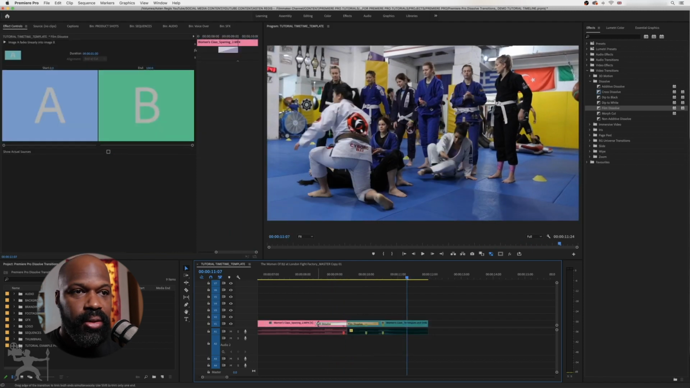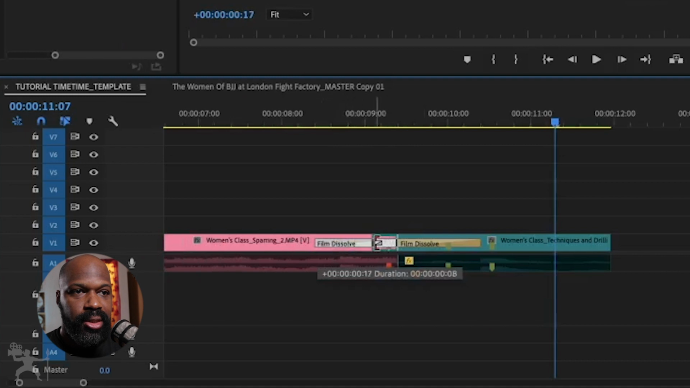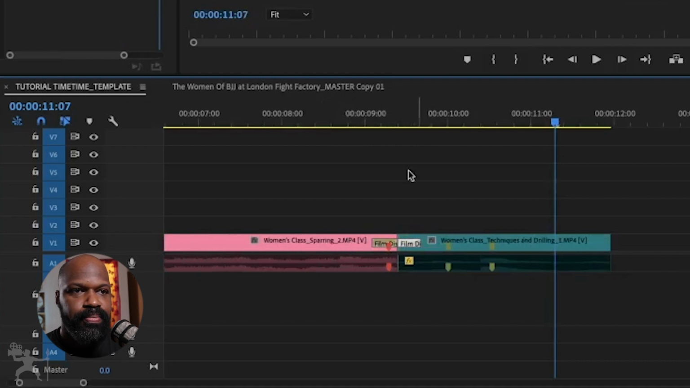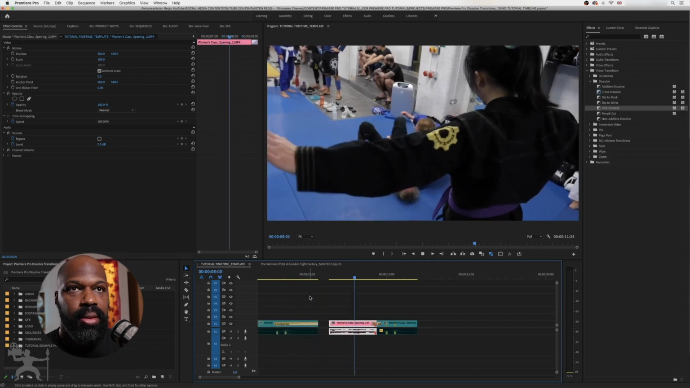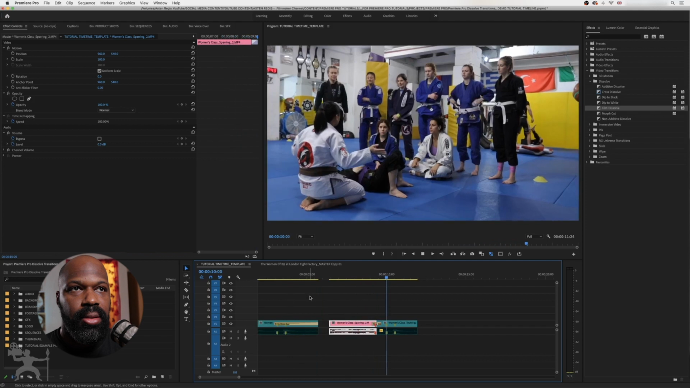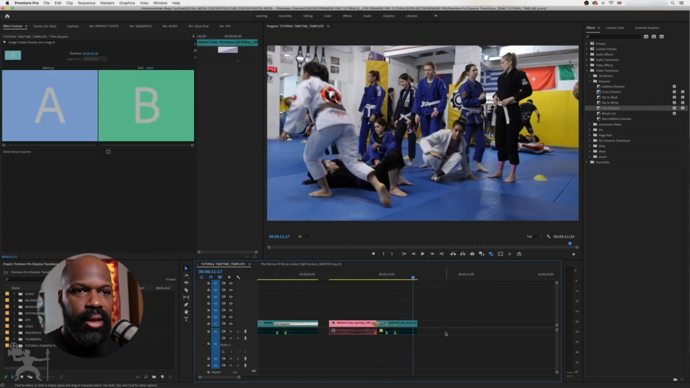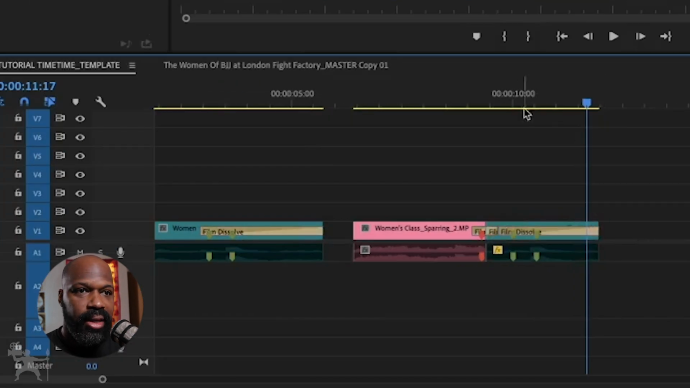So all you have to do is select the film dissolve effect. Maybe I'll make it shorter like this. Play the clip again. Again, I might want to add